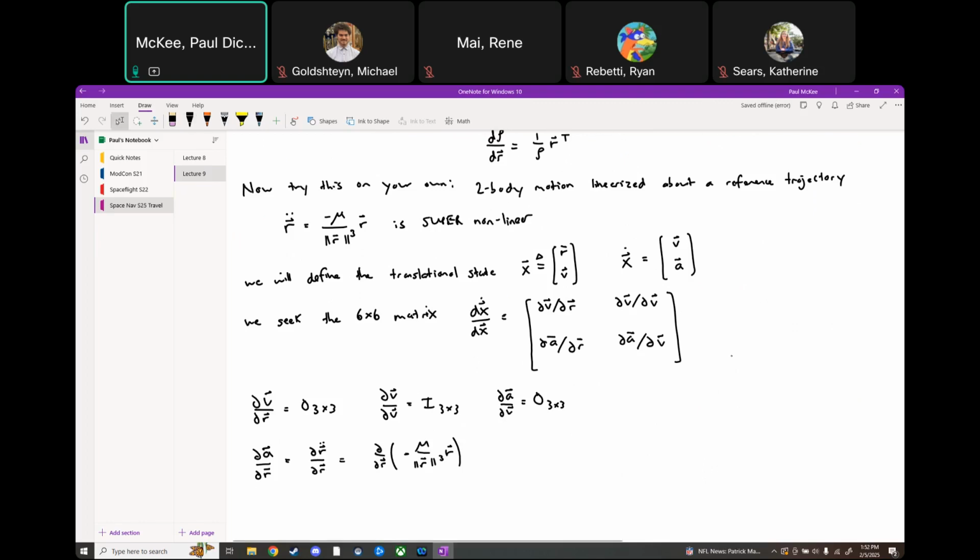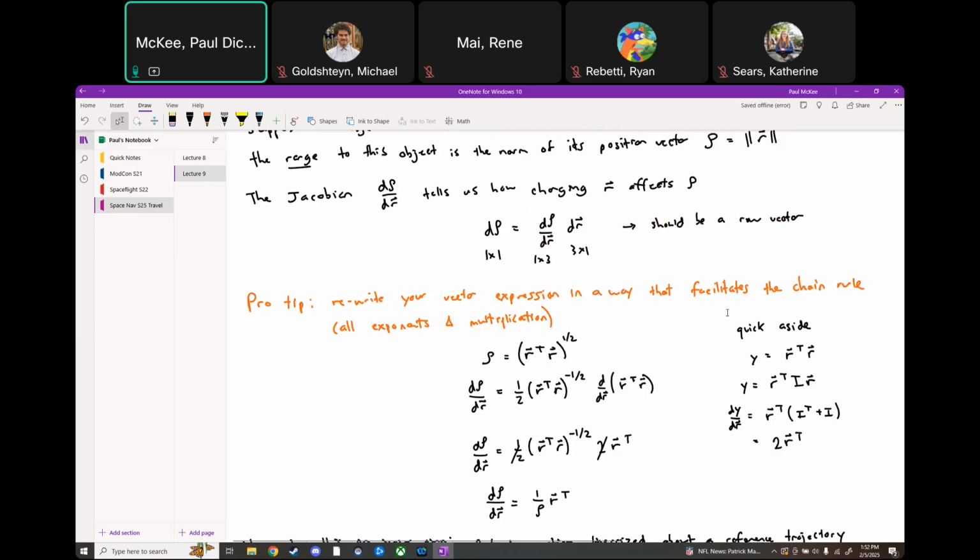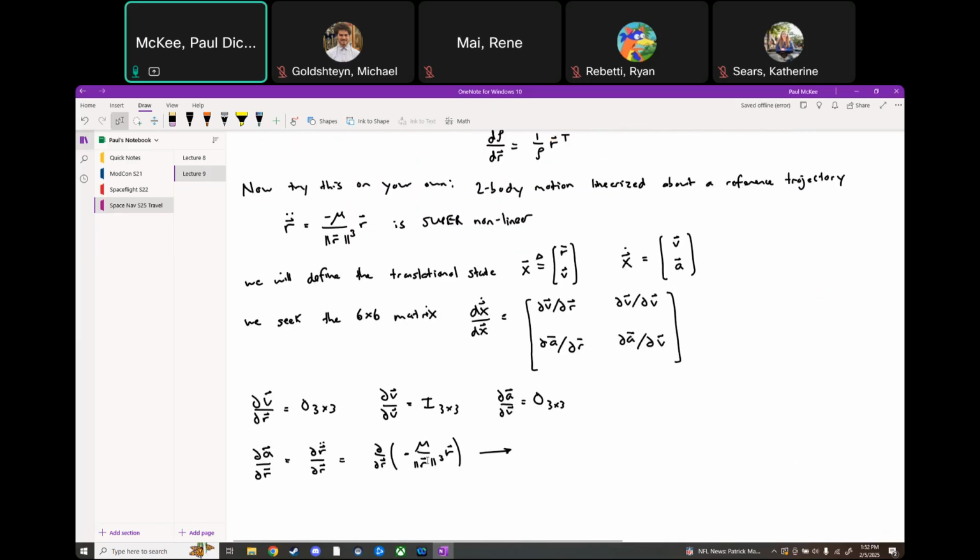Okay, well, let's think about it. What is the golden rule of matrix vector calculus? Rewrite your expression in a way that facilitates the chain rule. I don't know how to do the derivative of a norm cubed. That's scary to me. But what I can say is that this equals the derivative with respect to r of negative